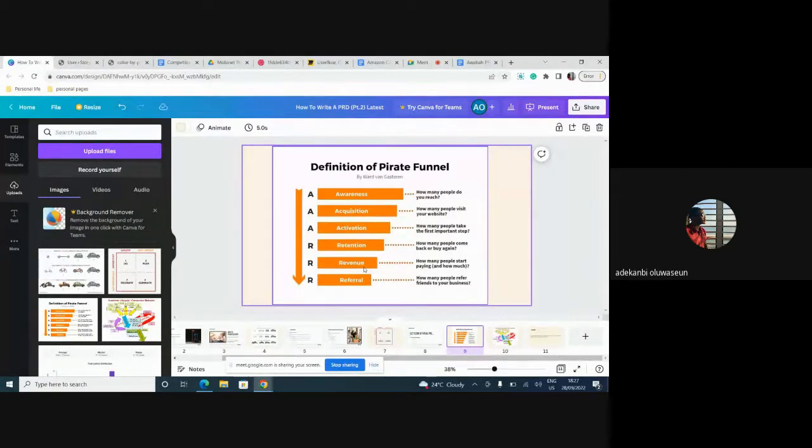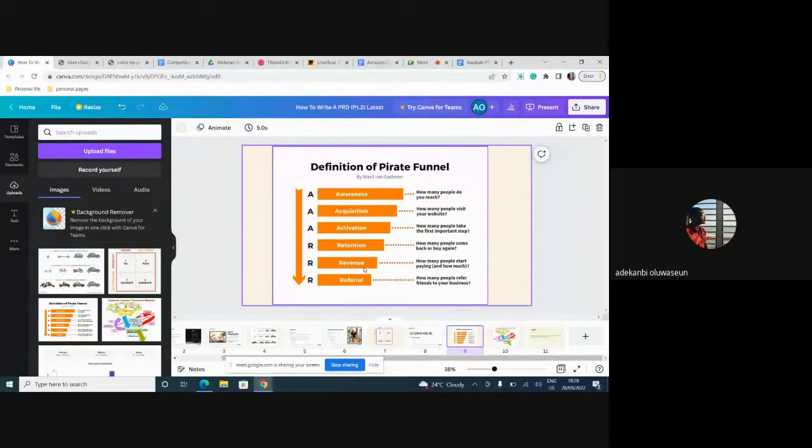Now, what I've just told you right now is what makes a good product manager different from a bad product manager. A bad product manager will just build a feature, but will not measure, will not assess how users are using this thing, where they are going, what they are clicking, what the issue is, why they are not converting to the next step, right? So that's what metrics helps you to do. And that's why I love the Pirate metrics, because the Pirate metrics helps you to measure the flow, right?